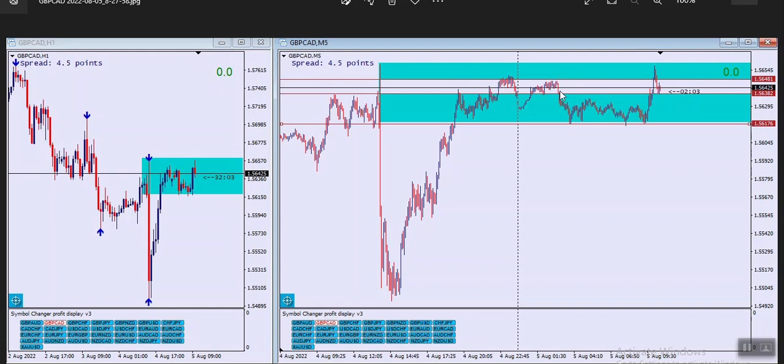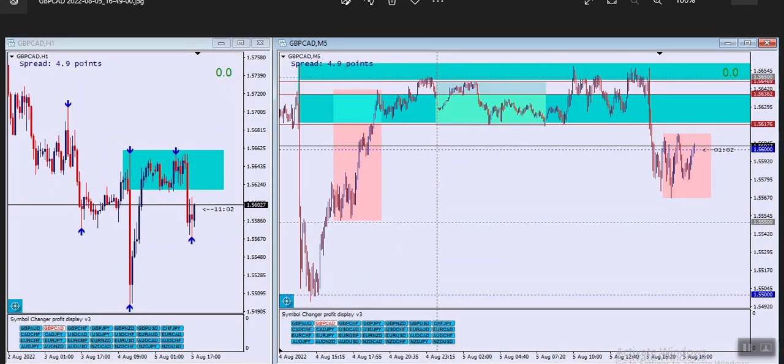Although from this entry point, price hit my first TP here, which is 20 pips. My first take profit is always 20 pips. Price hits my first take profit here, and later on dropped down to this level before the close